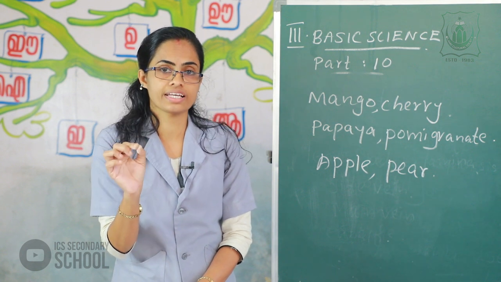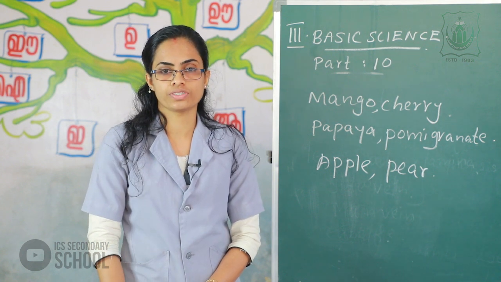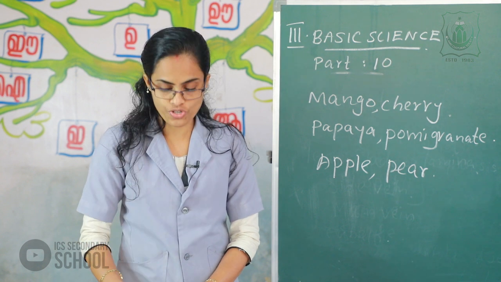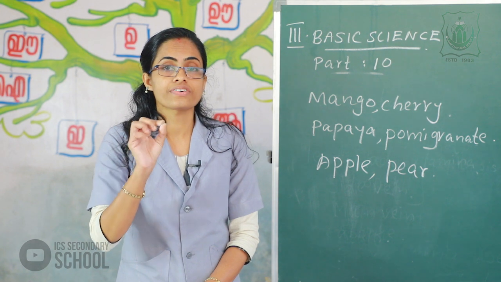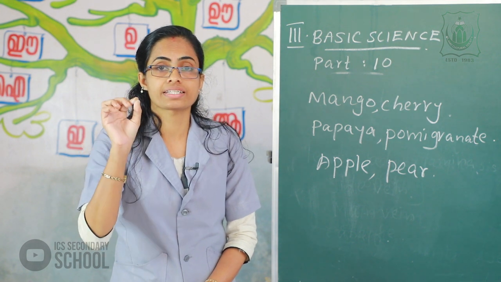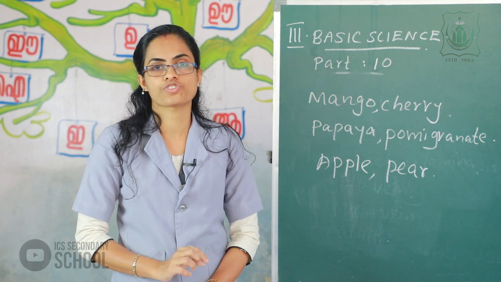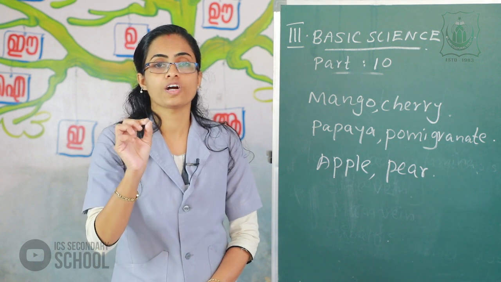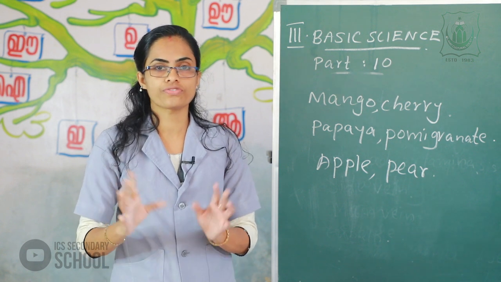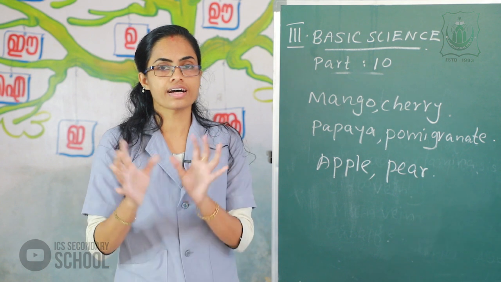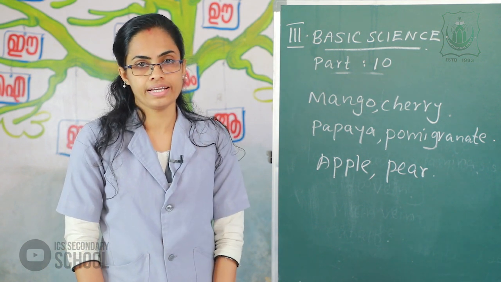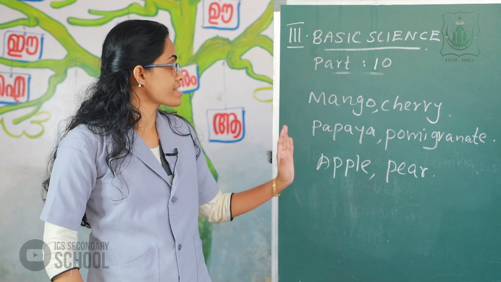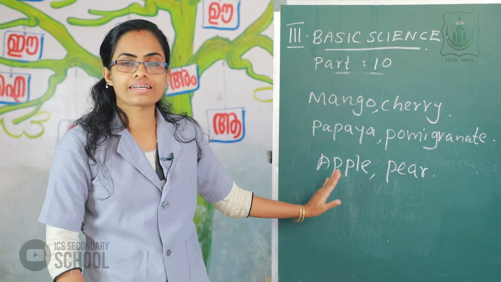The next one, the veins carry water to the leaf. And the next one, the surface of leaf contains tiny openings called stomata, the breathing organ of plant. All of you understand what I say? These are the different parts of a leaf. The next one, so many examples like that.